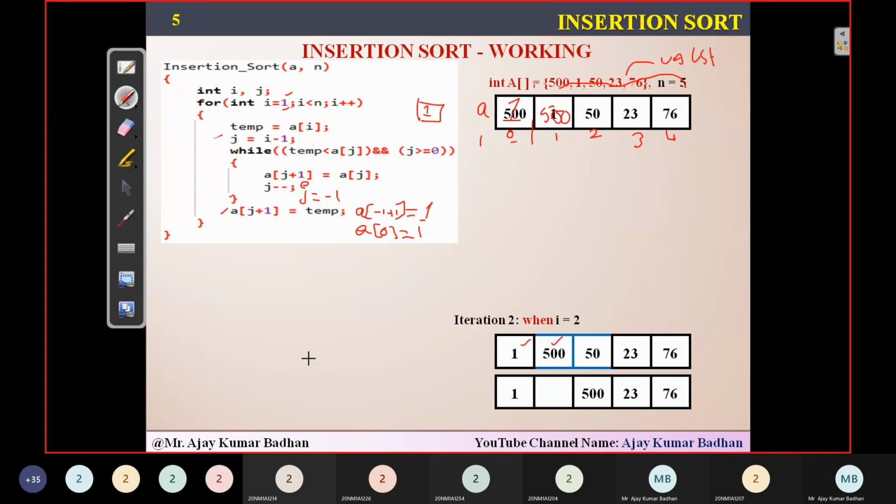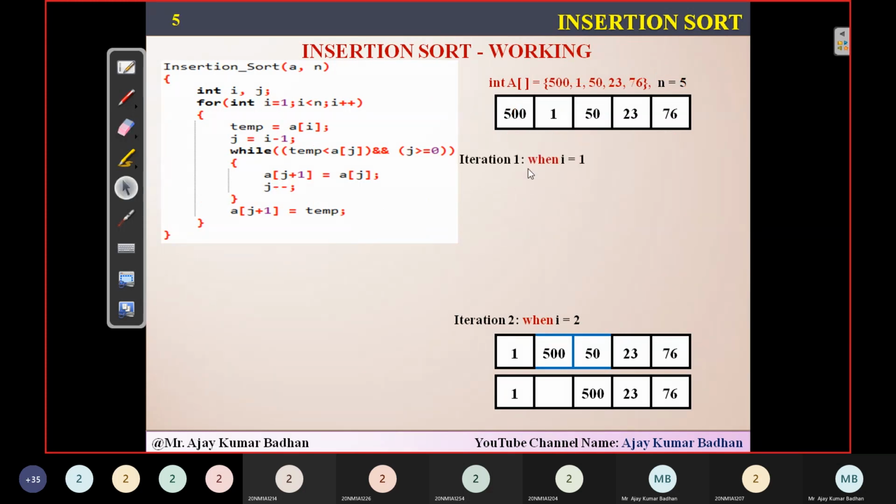Okay, and after that what we are going to do, again from here the looping will start. Now this time the value becomes 2. That is the second iteration, this one. So let me show you graphically first, and then we will see one by one how exactly this particular thing works.